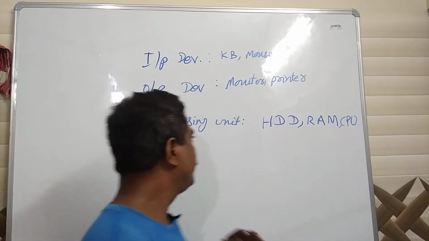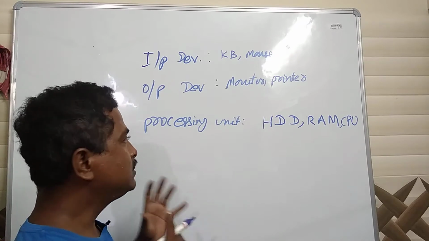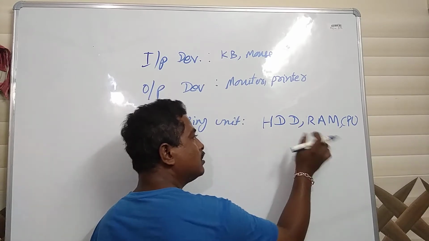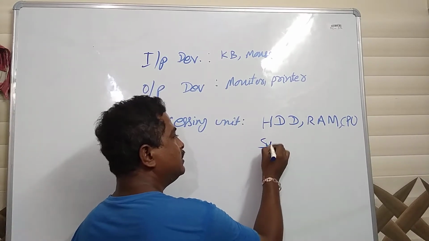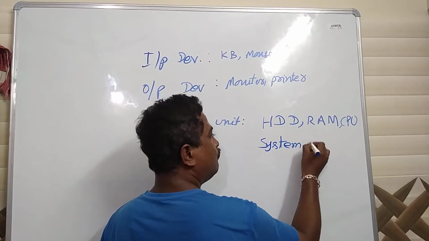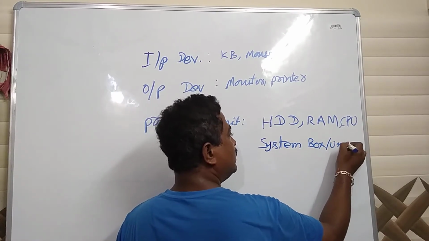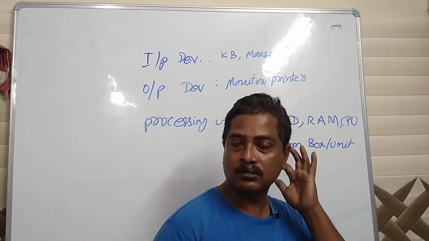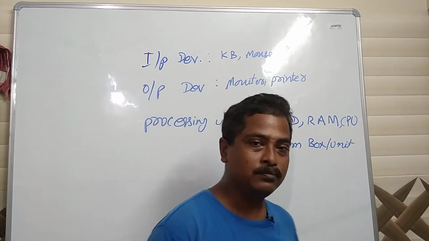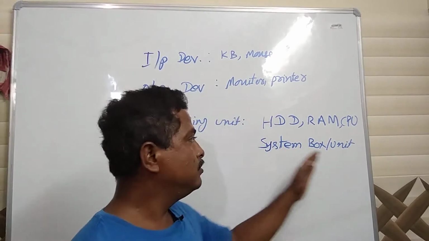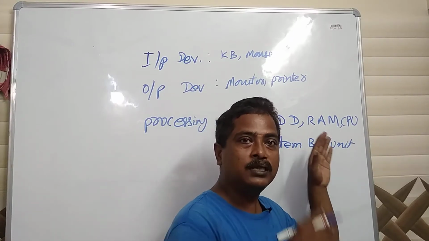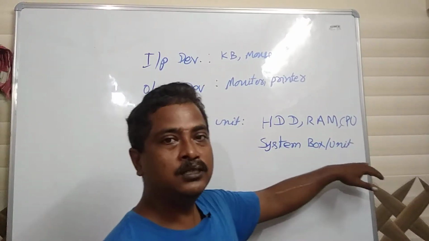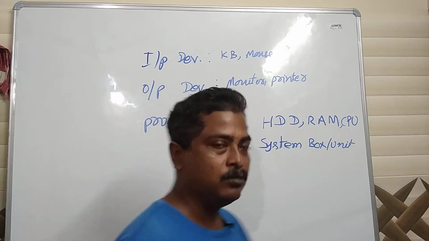Let us discuss how these elements are placed inside a computer. Basically, all these processing unit equipment is placed in a box named the system box or system unit. In the case of a desktop, it is a separate box placed just beside the monitor. Inside this system unit, all these equipments, along with some other important equipment, are there. So let us discuss what the equipment inside is and how it works.